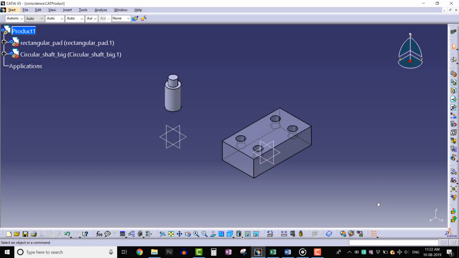Hello everyone. In this lecture, we will learn about the coincidence constraint tool. Constraints are very important features to limit the degrees of freedom in order to determine the relationship of one component with another component. Any unconstrained part in 3D space is said to have 6 degrees of freedom. That is 3 translational movements along the x, y and z axis and 3 rotational movements about the x, y and z